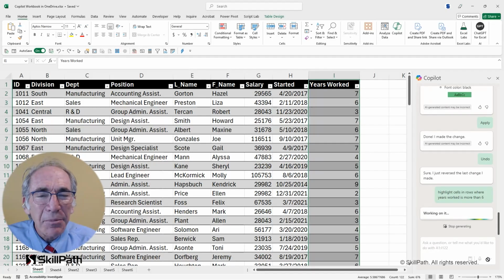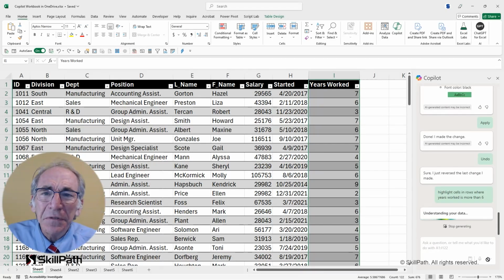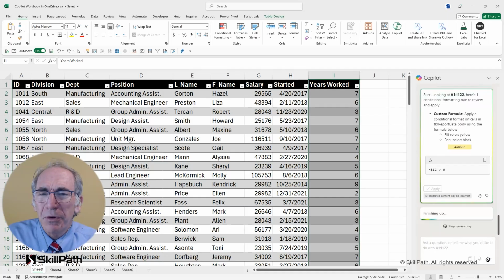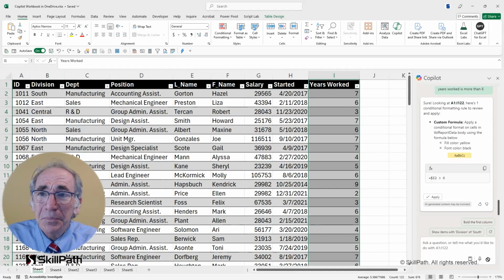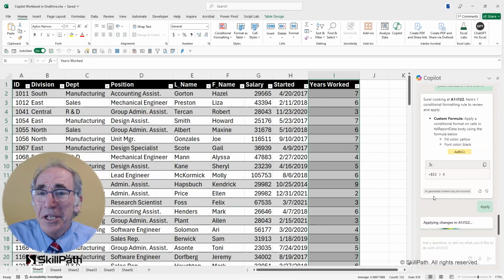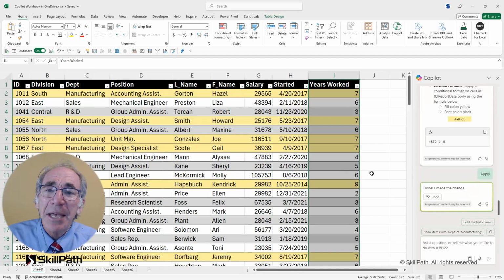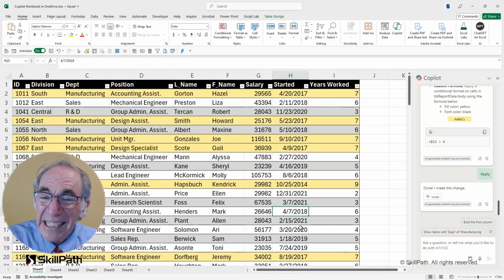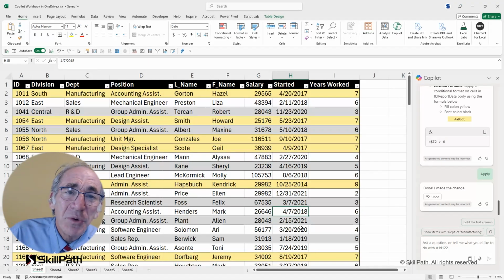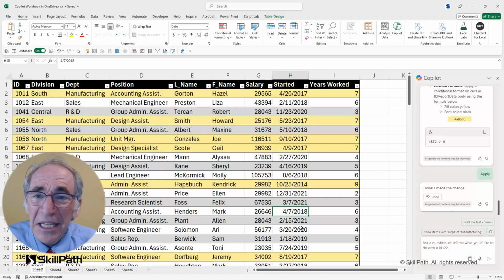I think as time goes on, the skillfulness with which you build a prompt or the flexibility with which you revise the prompt you had written is going to be as important a skill as knowing about formulas and being able to write things in a way that causes any of the rows that have more than 6 for years worked to be quickly highlighted in yellow. That's the purpose of this.